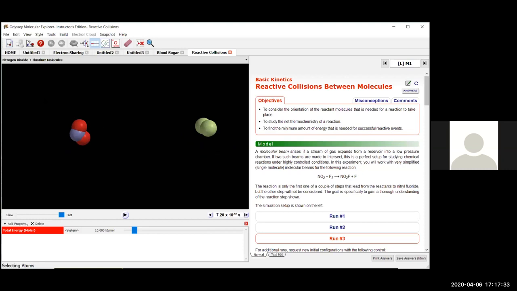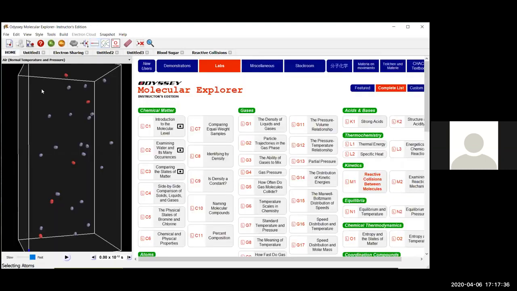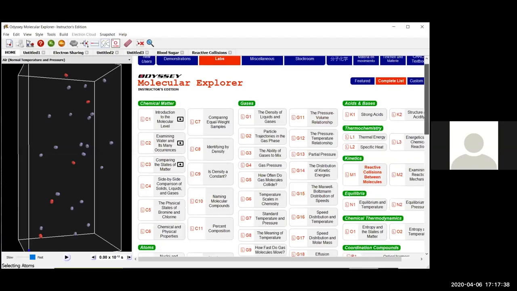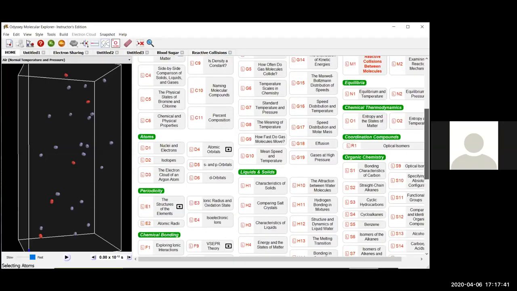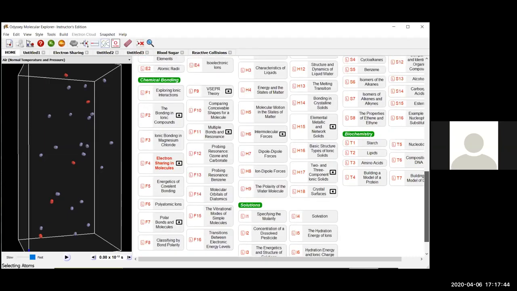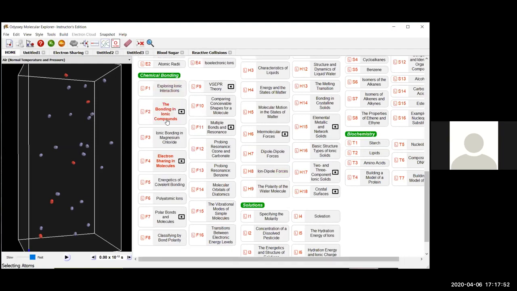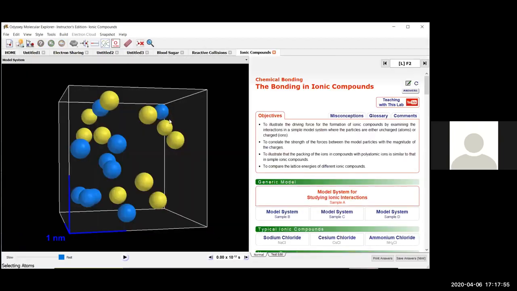I'll show you another example, for the formation of compounds where you do not have to do fancy quantum mechanics, because it's simply all Coulombic interactions: the bonding in ionic compounds. So this here is a unit on bonding in basically sodium chloride. So if I start the simulation,